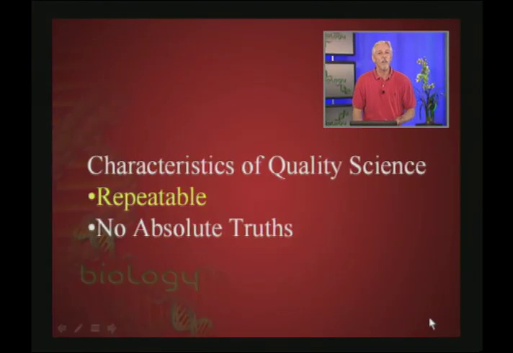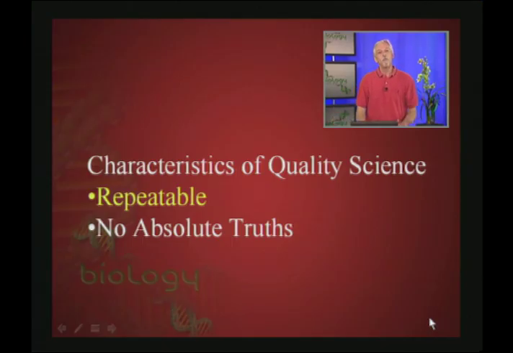Now, continuing this idea then of the characteristics of good science, scientific ideas or tests also have to be repeatable. So again, if I do a certain test on a hypothesis and I get a certain result, you should be able to do the same test and get the same result. And as a graduate student, that's what happens a lot of times. Our major professors will just bring us something and say, hey, see if you can do this, see if you can get the same kind of results.